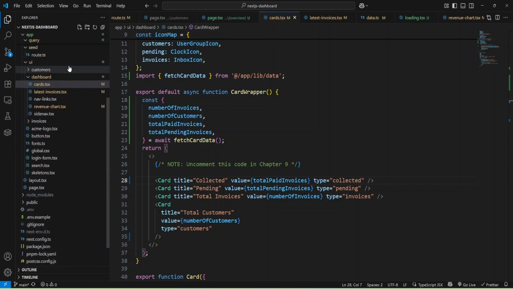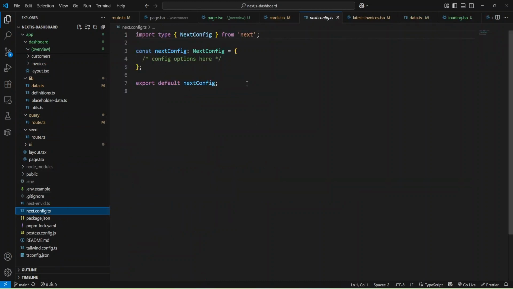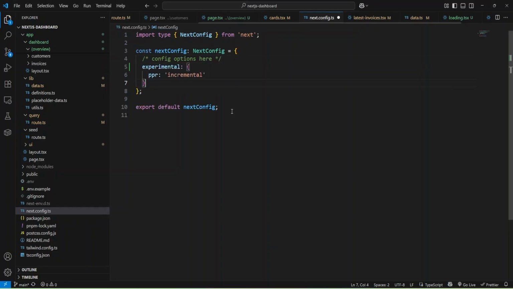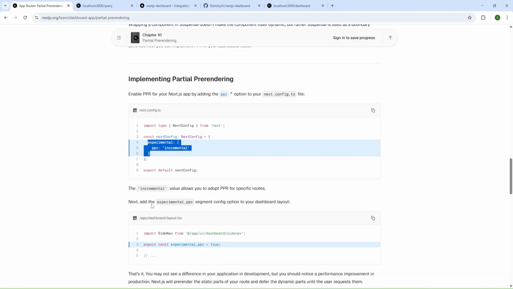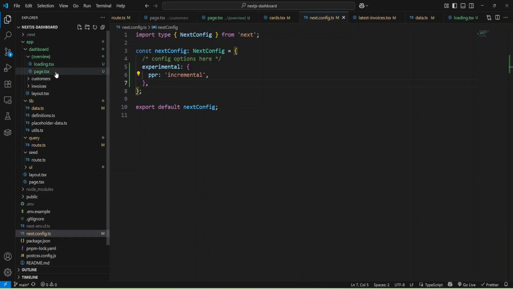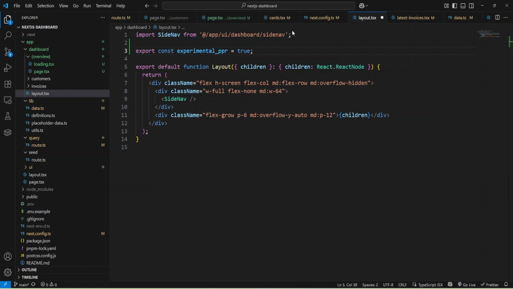Next config can hide. Okay, and we can add options here, and we'll add it inside our config. And now inside our dashboard layout, we'll add this const dashboard, and we need layout, and we'll add const below side nav.